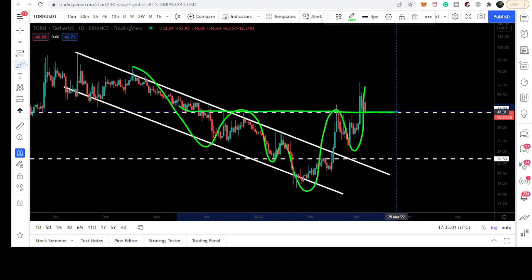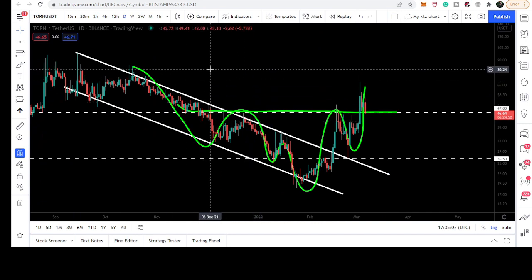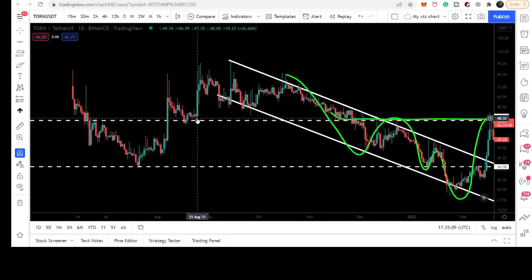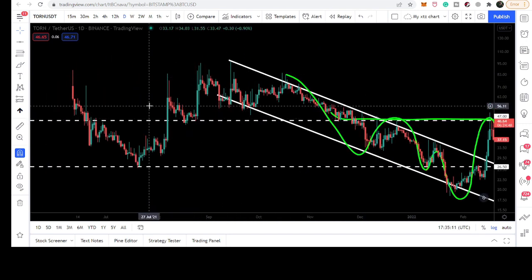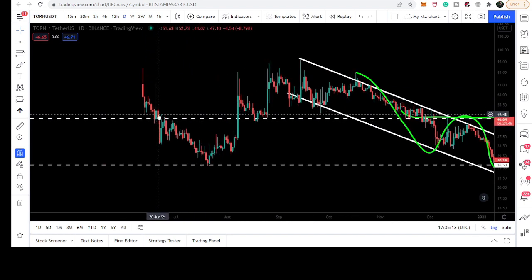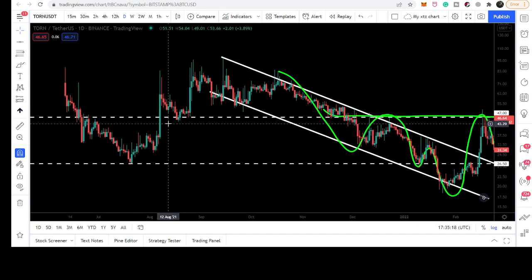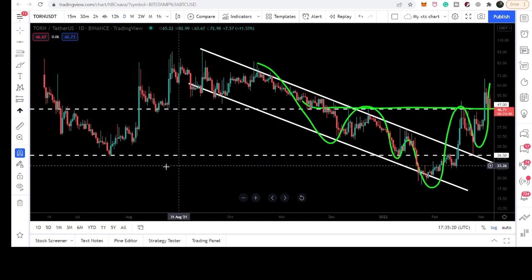That is exactly at the same level where we have this neckline of the inverse head and shoulder pattern, and you can see that this $47 has been working as a very strong support here and here as well. And here back in June 2021 it has been working as a resistance, and we also have a very strong key support at